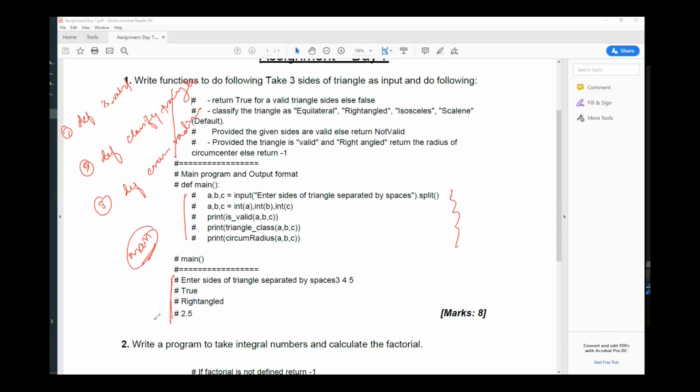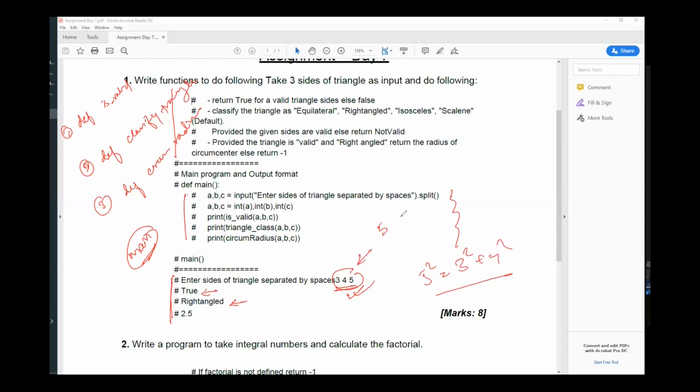I'm taking 3, 4, 5 as the sides of my triangle. 3, 4, 5 is a valid triangle. If you see the property, everything is true here, so is valid returns true. It is right angled, because 5 square equals 3 square plus 4 square. But this can be in any sequence, and you need to handle that scenario.